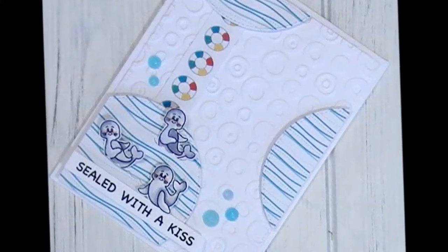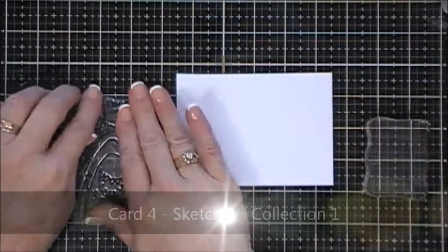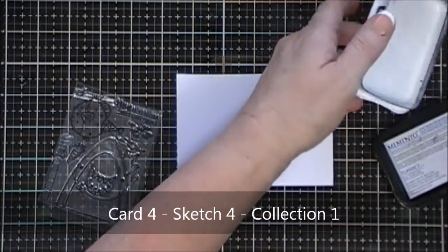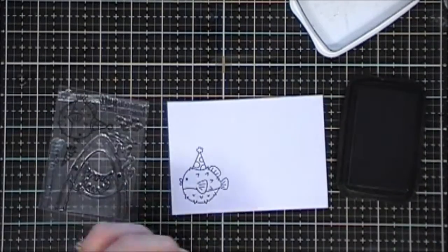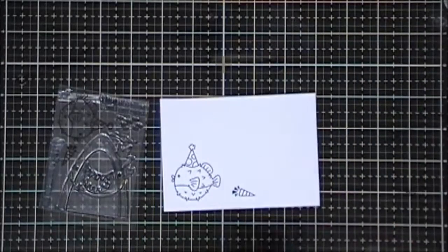Now we're going to move along to our final project for today, using sketch number 4. Now for sketch number 4, I'm going to use collection number 1, so I grabbed the stamp set. Now I had already made a card previously with the shark, so I thought we're going to use a little puffy fish today. So I stamped him and also the little horn on a piece of white cardstock,